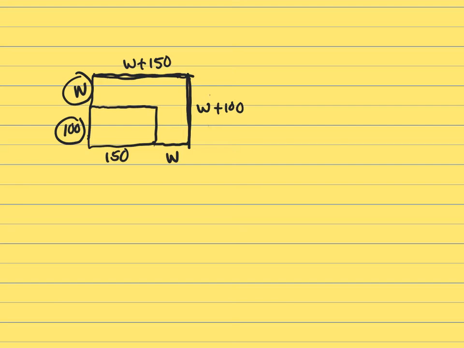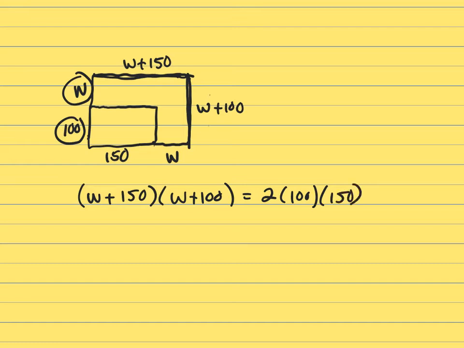So the large area is W plus 150 times the width, which is W plus 100. And we know that's twice the smaller area. And the smaller area is going to be 2 times 100 times 150. So let's